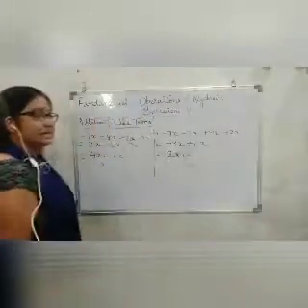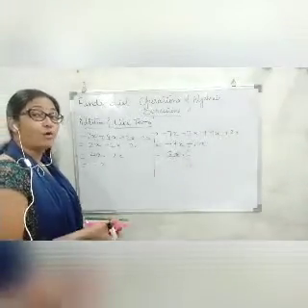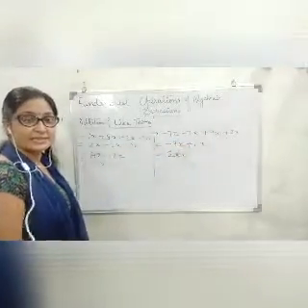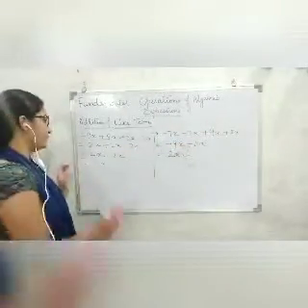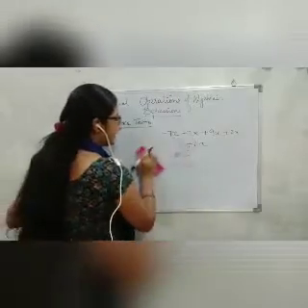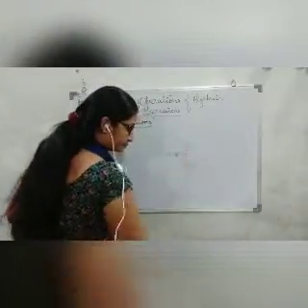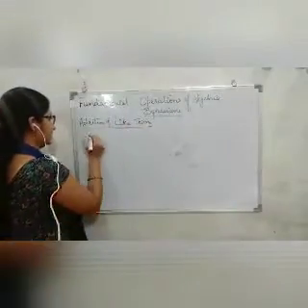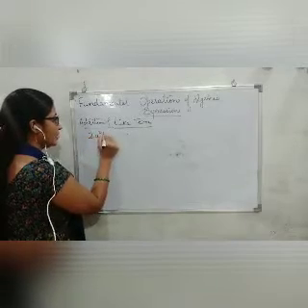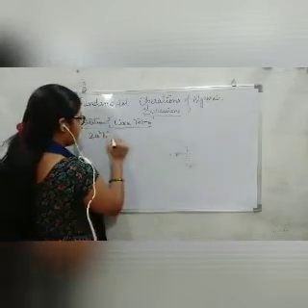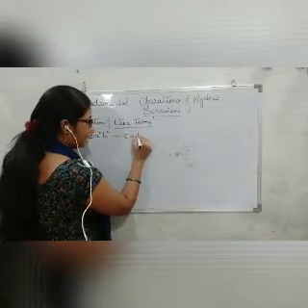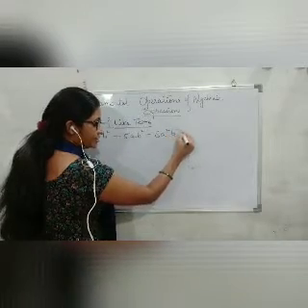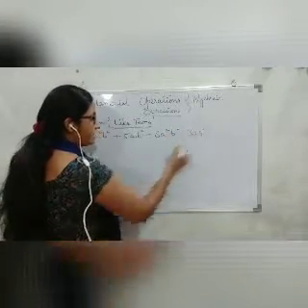Let us now see if the terms have more variables as compared to this. Here we were all having x. Let us see a combination of different variables to understand the concept in a better way. Like I have 2a square b square plus 5ab square plus 8a square b square minus 3ab square.